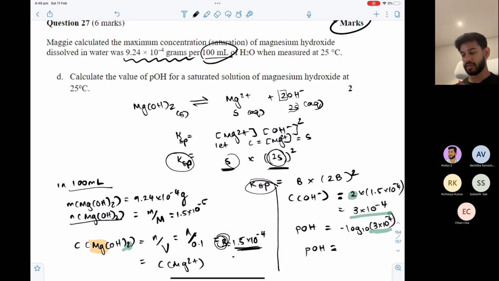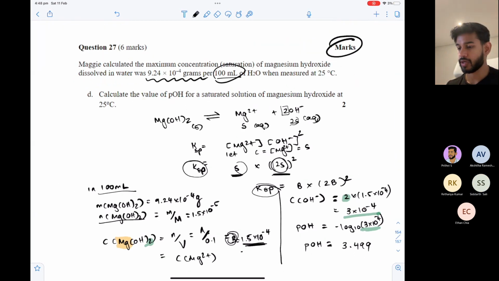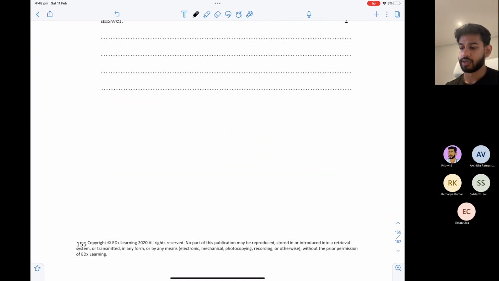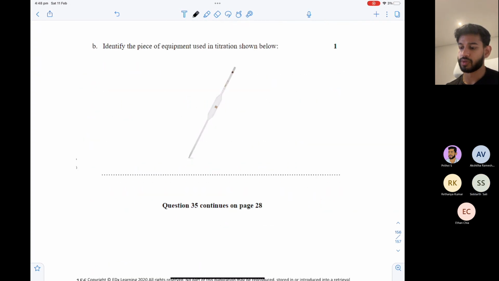So yeah, good. Sid, what's POH equal to? POH I got 3.499. Good. Does that qualitatively make sense to you, Sid, for a base to have a low POH? Yes. Good. So then you know you're probably right. Okay. Good job. Good. Let's maybe do one more